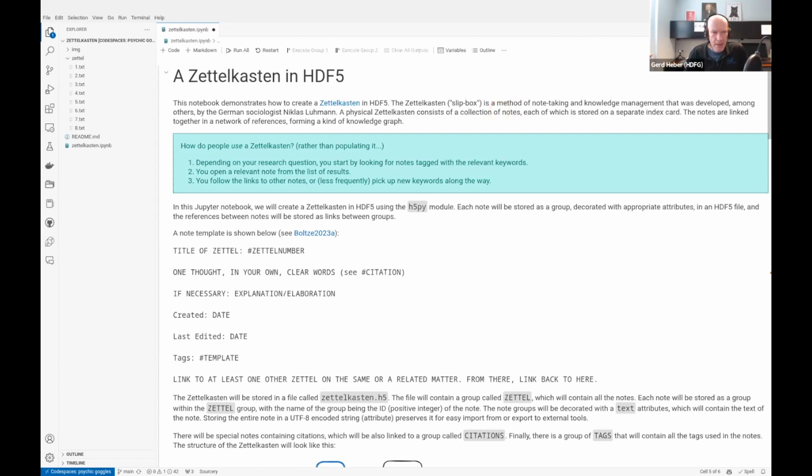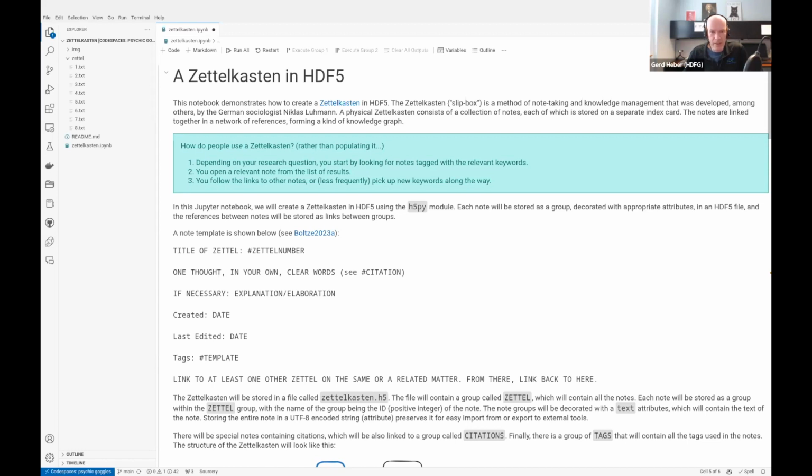Okay, and this is the idea here, this idea of a Zettelkasten, or if you want to translate it more or less literally, a slip box. So basically a box in which you hold paper slips typically, or whatever the material may be, note cards if you wish. And this is an old idea, a note-taking or knowledge management technique that was invented many times over. And more recently, I believe sort of in the 70s, there was a German sociologist, Niklas Luhmann, and he